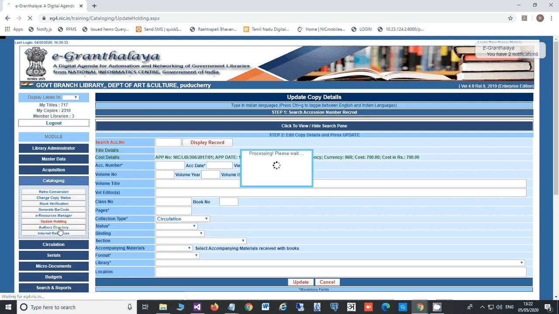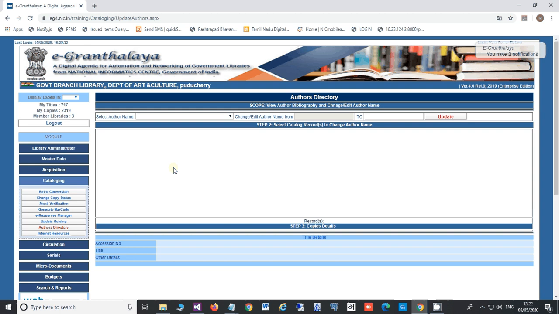Next form, authors directory. Although the system does not give a separate place or form to create a directory of the authors, it is basically created automatically whenever you create the cataloging record of any book.